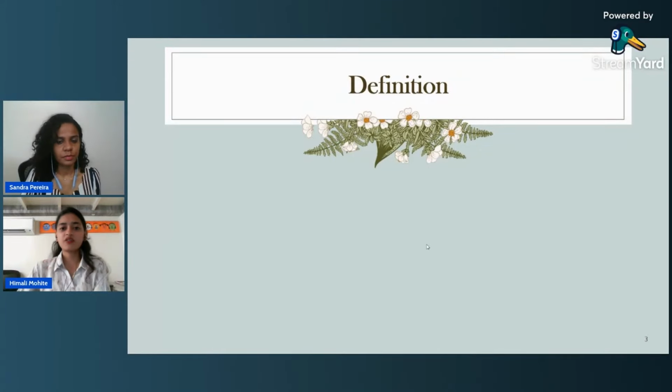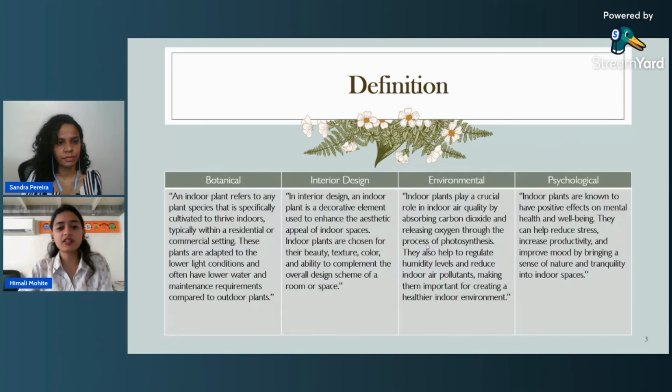Beginning with the definition of indoor plants. Now, there are various definitions of indoor plants. Now, from a botanical standpoint, indoor plants can be something that grows in a compact space and which can grow in a container. So, indoor plants have the ability to thrive indoors with limited natural light and controlled